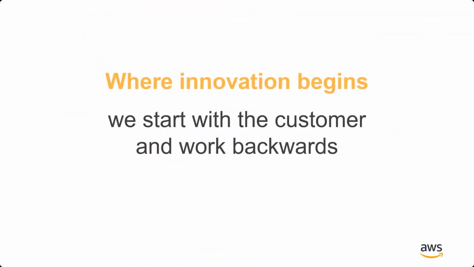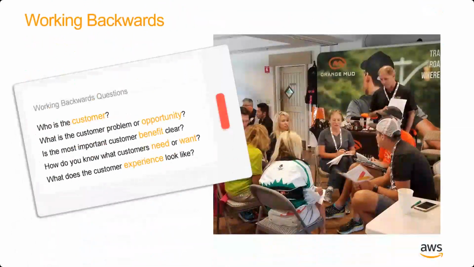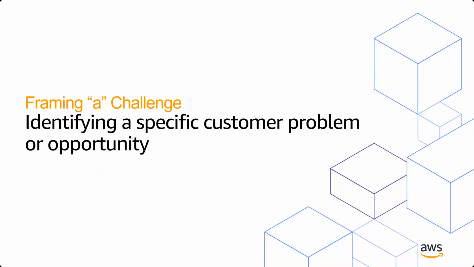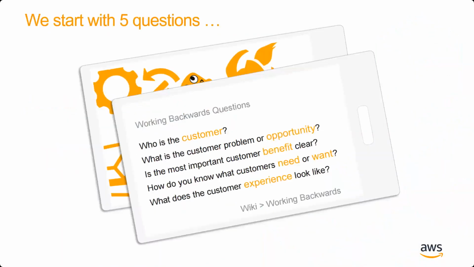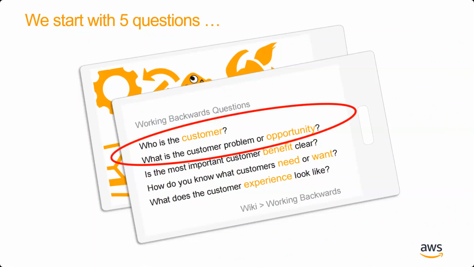And how we do that: when we say empathy, it means we start with the customer and work backward. This is an example of how we do it. We start with something called framing the challenge. What does it mean? We look at the customer and the problem or opportunity. So when we say empathize in design thinking, it means we understand the customer, we define the customer, we look at solving the problem. As I showed you on the drone side, some of them are an opportunity or a problem.